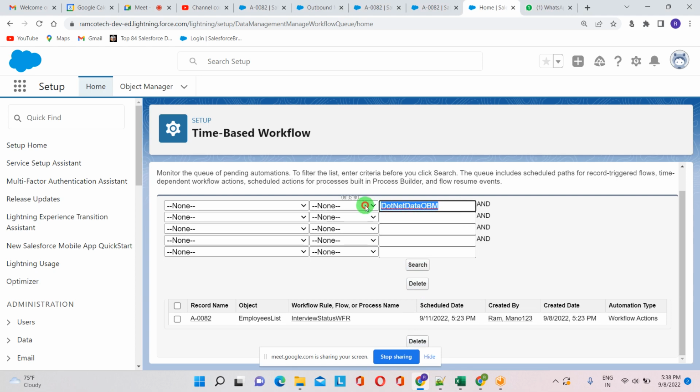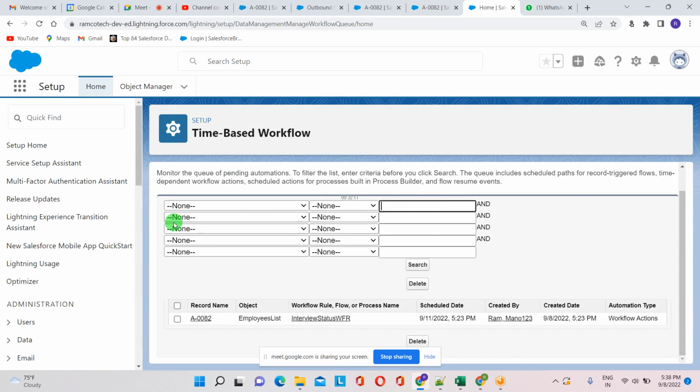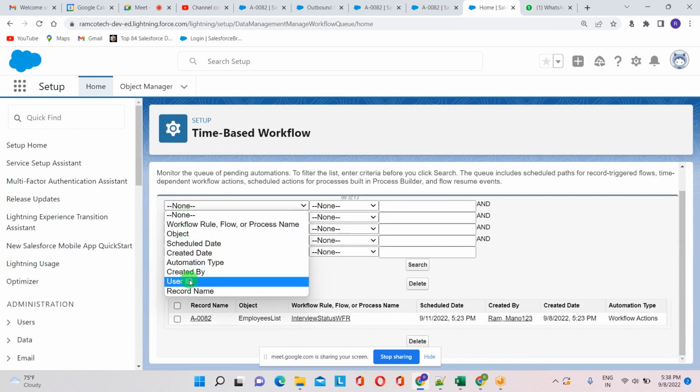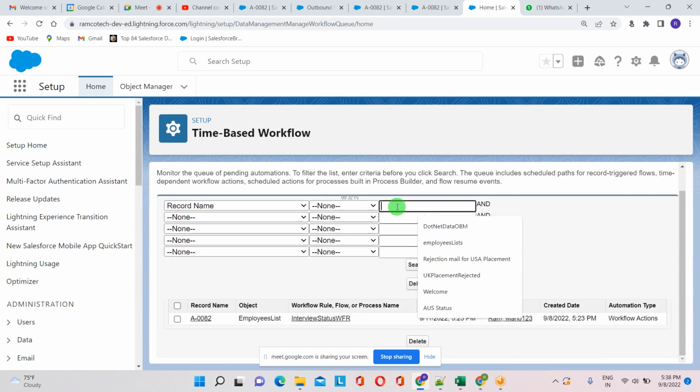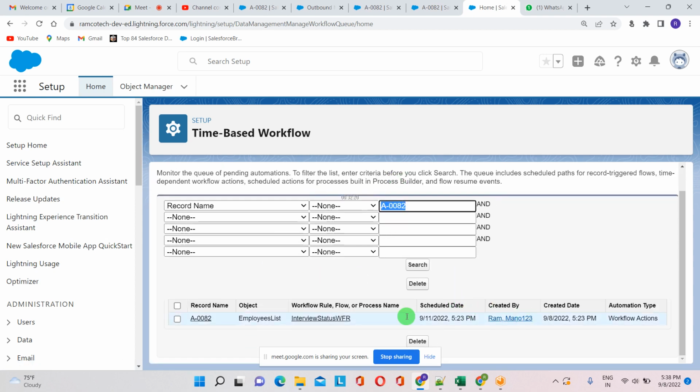Here, the record has been created, and the email alert will happen after 3 days. So before the 3 days, if I want to cancel this email alert,